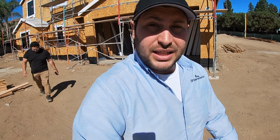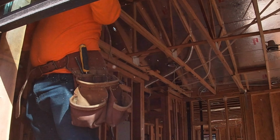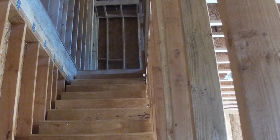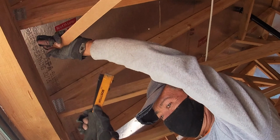Got Ulrich, my buddy, back there. He's doing the electrical here. As we're going through the house, we're gonna see the straight edgers planing studs and adding furring strips to studs to kind of plumb them all out and make sure that when the drywall goes on, everything is nice and clean. They're gonna be doing that, but that's also been affecting the electrician and the plumber on some things too, because they're removing some of the rough pieces to do their job and then putting it back on pretty